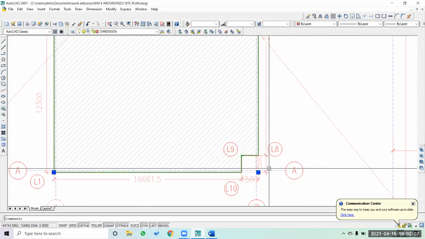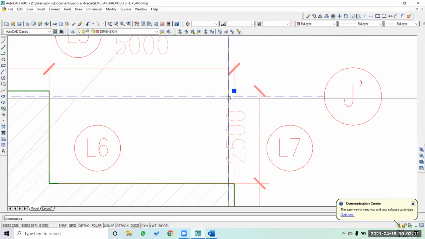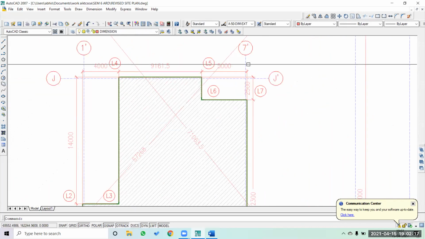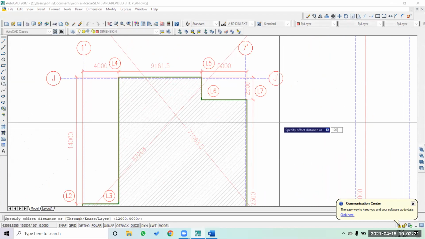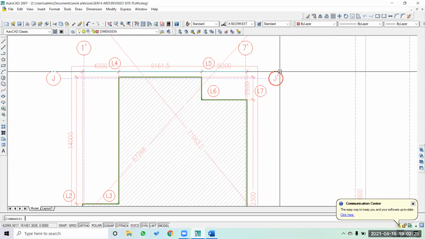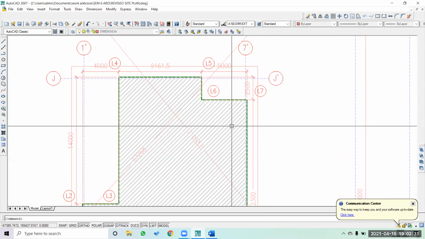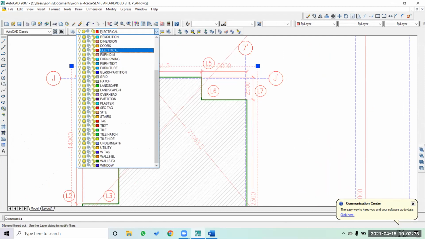Okay, which I'm just selecting right now for you so you understand. It's not the outline of the center line, it's the outline of the building or the face line of the building. I have just created a rectangle around it, and I'm going to create a 9,900 to 12,000 mm setback. So this is the rectangle, and I'm going to delete this so it doesn't clear. So this is the particular rectangle